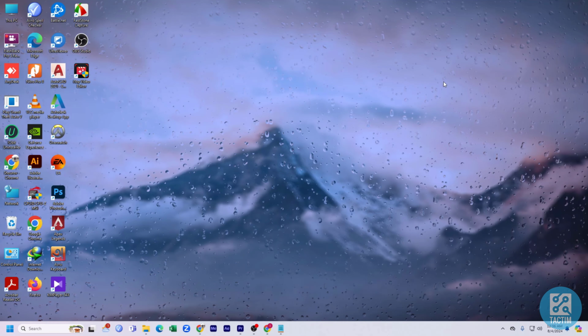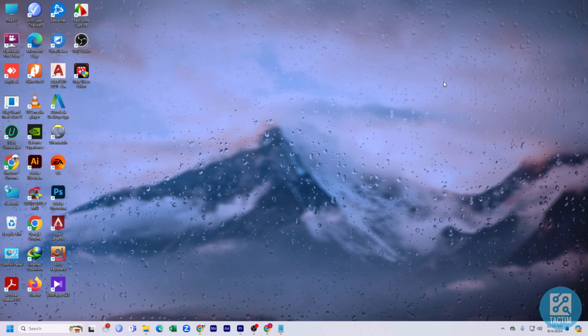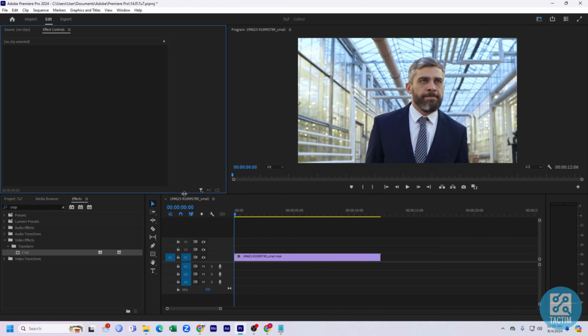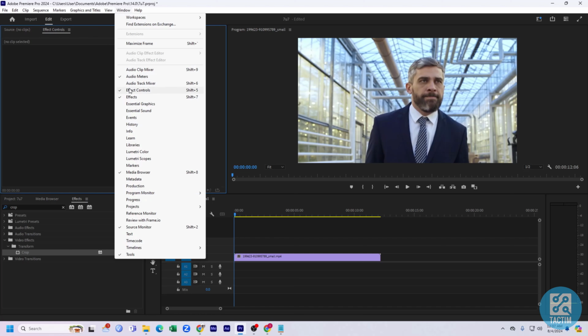In this video I'm gonna show you how can you make video black and white in Premiere Pro. So guys, to make video black and white you need to select the luminosity colors option. So here you can see window, click on window, and here you can see luminosity color. Click on luminosity color,